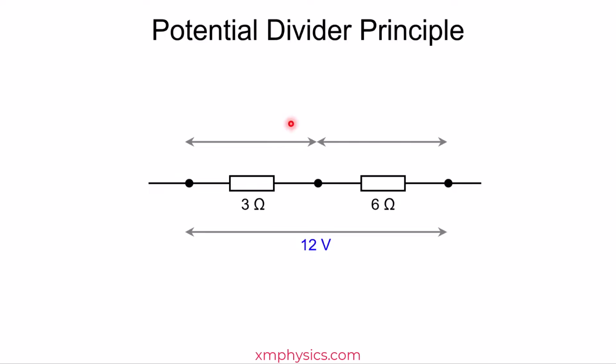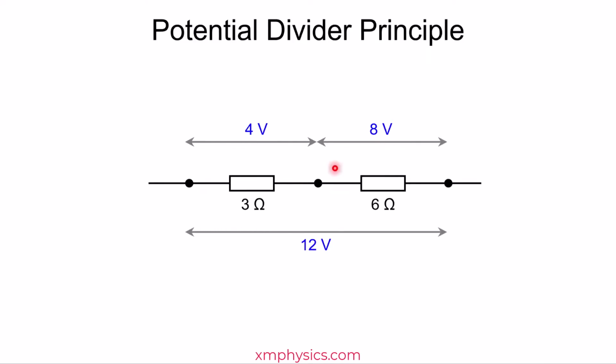Let's work on V1 first. So we have 3 ohms out of a total of 9 ohms. So 3 ohms is 1/3 of the total resistance. And therefore, it should also get 1/3 of the total PD of 12 volts. So 1/3 of 12 volts is 4 volts. As for this one, its resistance is 6 out of 9. So 2/3. 2/3 of 12 volts is 8 volts. You can also see that since this one has twice the other's resistance, its PD is also twice the PD